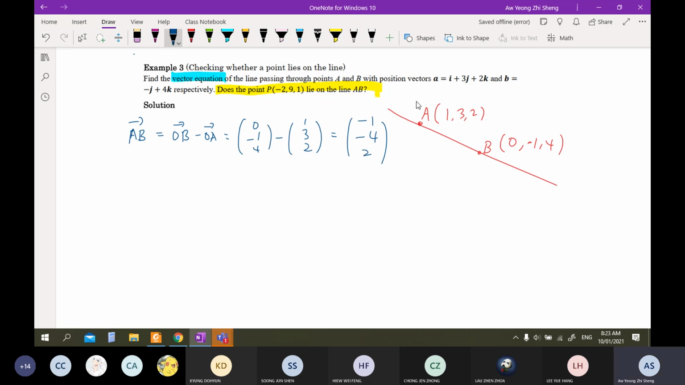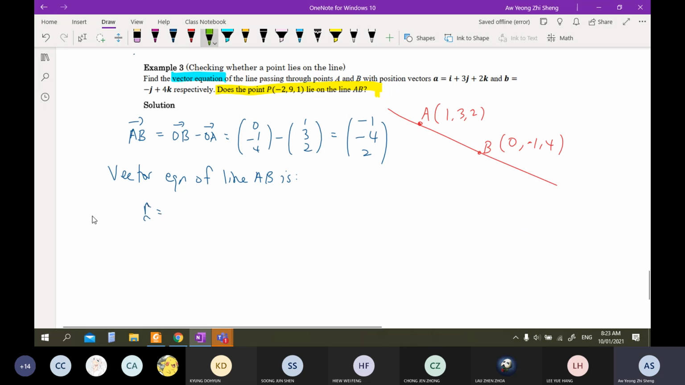Okay, now for a line that passes through A and B, you can name it as line AB. By calling it line AB, it is understood as the line segment AB that is extended indefinitely. So you can say the vector equation of line AB is r equals to